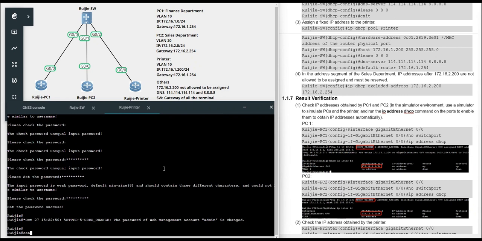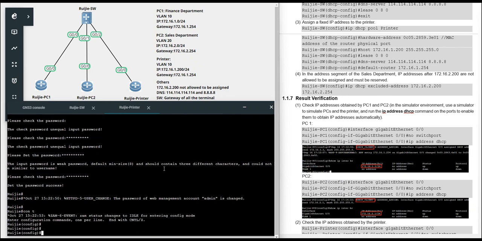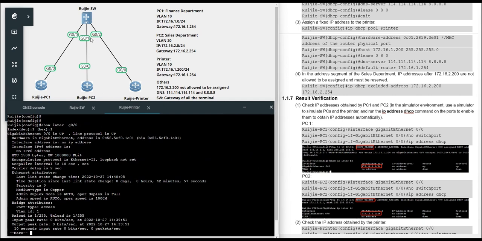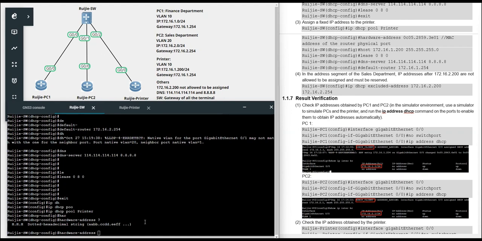Okay, and config t. Then you can directly show the interface of the router. Interface gigabit 0. You will find now on my simulator, the MAC address is this one, right? You can directly copy it and come back to the DHCP server and paste it here. So now the MAC address is different from my practice guide, so based on your real network, change the parameters of the MAC address.